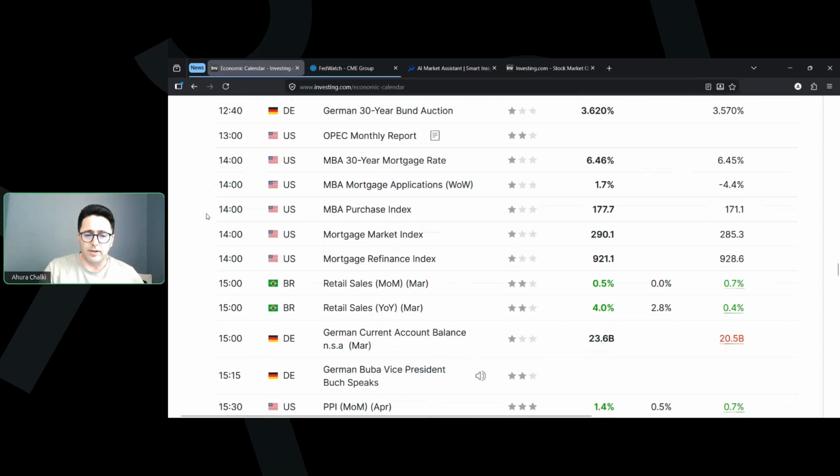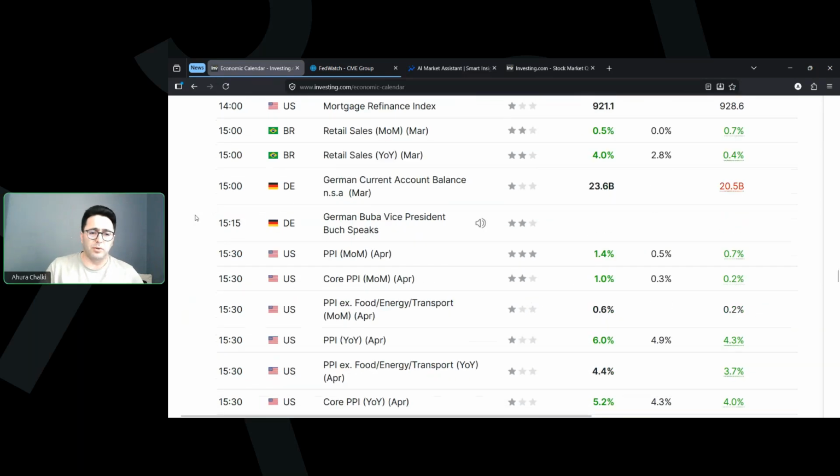Anyhow, later on Wednesday, the most important numbers in the U.S. economy were the producer price index. U.S. PPI jumped by 1.4% on a monthly basis in April, and annually in April, headline producer price index, or producer inflation, jumped by more than 6%.